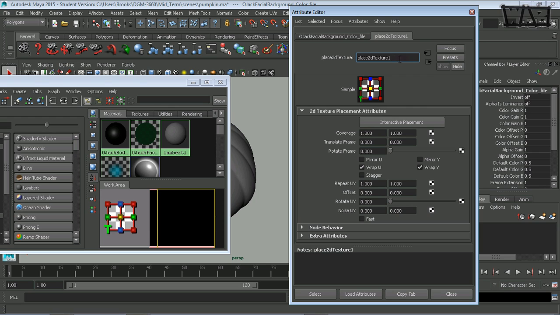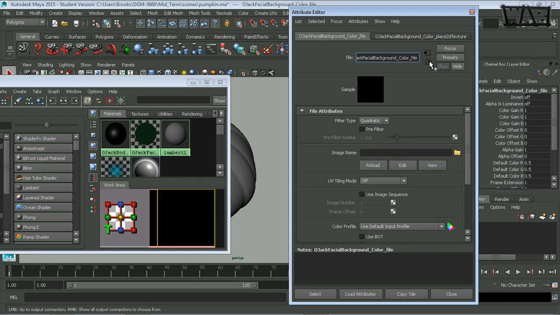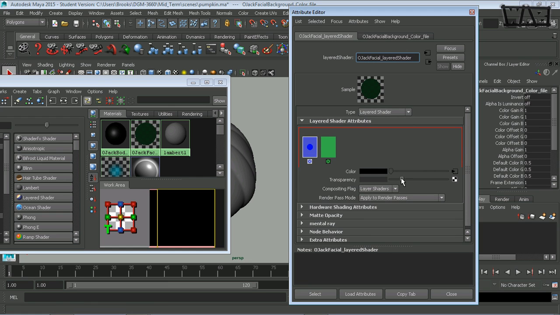I need to rename my place 2D texture node as well. So the same thing, but with a different extension. So we've got that. Now, on this next layer, we're going to have to